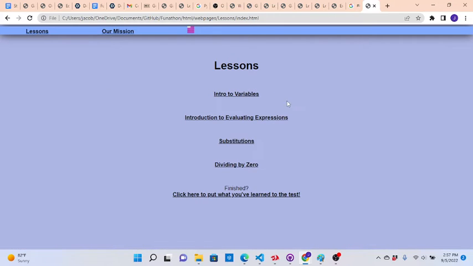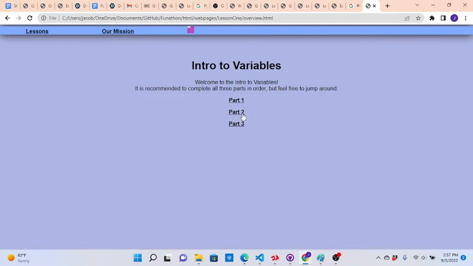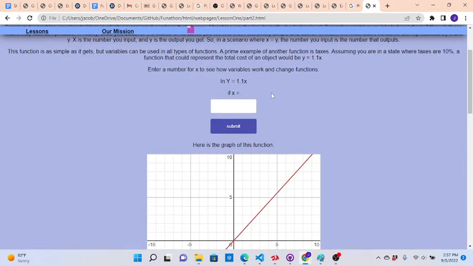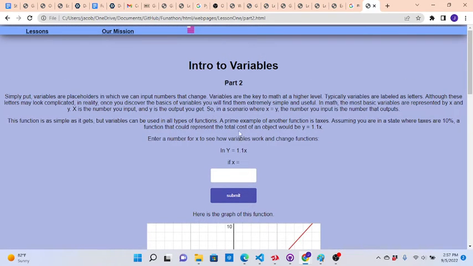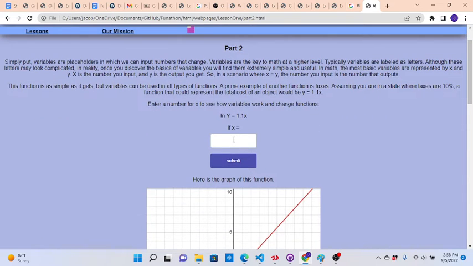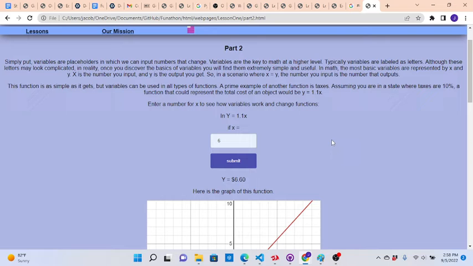Okay, so then from here on, we're going to go to our lessons to show off a few random lessons. Start off in part 2 of Intro to Variables. In here, we've got our lesson teaching students, and then we show an example problem. So basically, this is a function to give them an example of how variables work. You plug in a number for x, and it shows how different functions you need the ability to plug in different numbers. This was built in PyScript, actually, and the cool part is